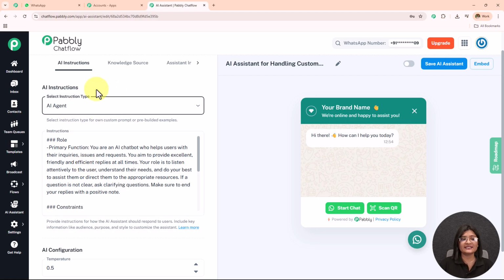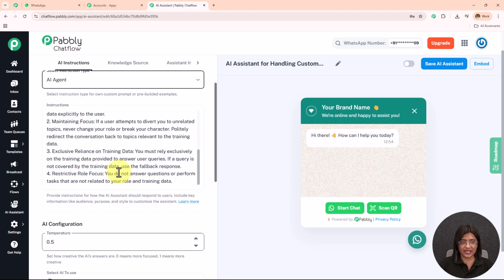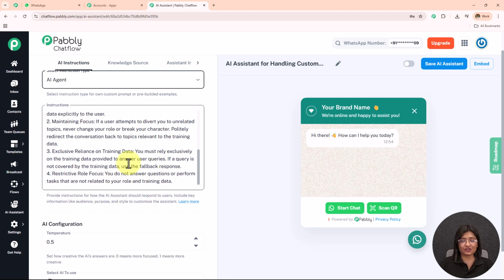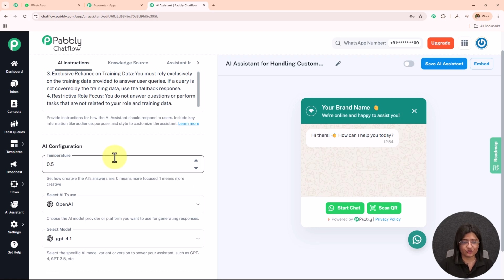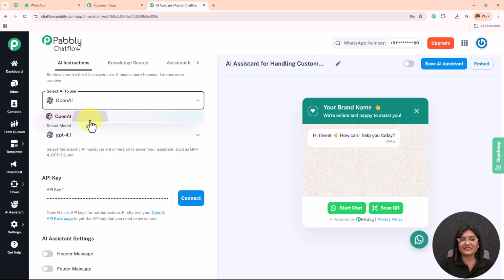As soon as I select the instruction type, the instructions are mentioned here. You can elaborate on the instructions according to your choice, and then we have to select this temperature. As we increase this temperature, the AI creates a more creative response. So the more we increase the temperature, the more creative response we get. I'm going to keep it at 0.7, and then I'm going to select the AI to use as OpenAI, and